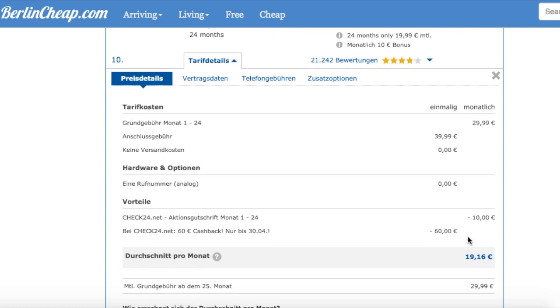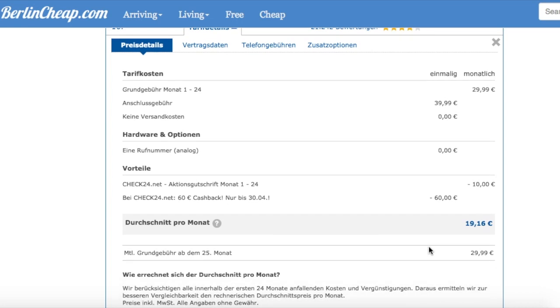What they do here, this average per month means your effective price per month. They put this all into one big pot. So the one-time costs 40 euro, but minus 60, so minus 20 euro, plus all these monthly costs, 24 months times 19 euro 99, and then they divide it by 24 months, and then you have your effective price per month, which is 19 euro 16.